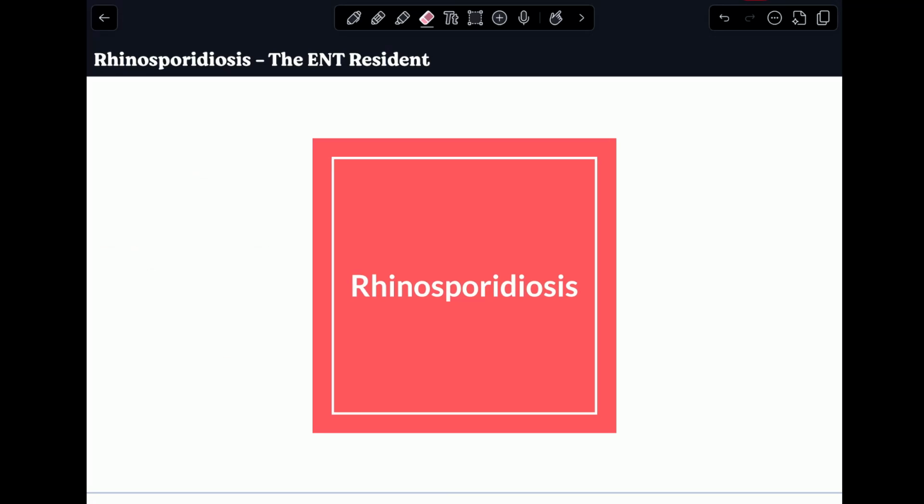Today I'll be discussing another disease in the nose known as rhinosporidiosis. This is a very important topic not only from the perspective of getting it as a short note in your theory exams, but also for your practical exams where this can actually present to you as a differential diagnosis of a nasal mass in the form of a short case. And you would have to know a little bit more about it to be able to answer the viva questions.